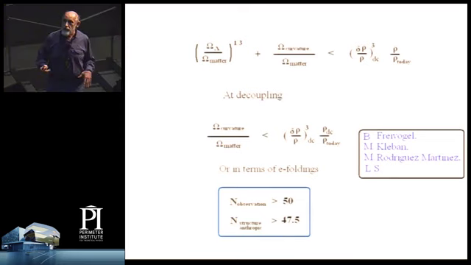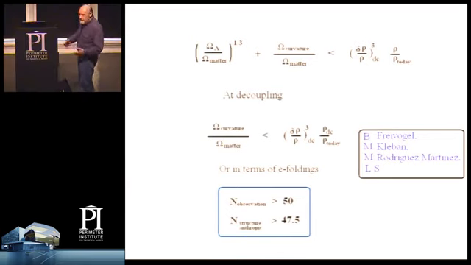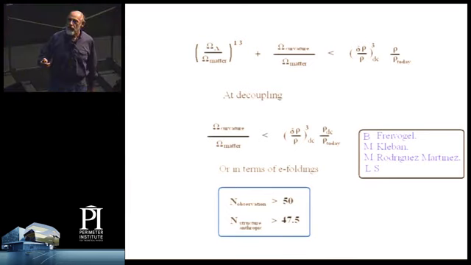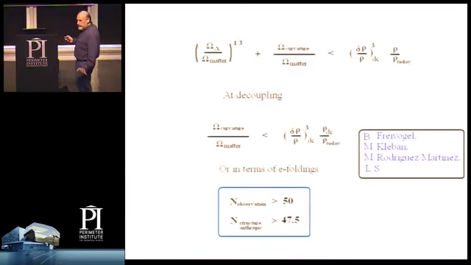It is often said that observation, not anthropics, but observation requires greater than 50 e-foldings. Now, there's a convention there. Some people say 60, some people say 40. It's the difference between the number of e-foldings which is important, but I'll adopt the convention that observation says greater than 50 e-foldings.